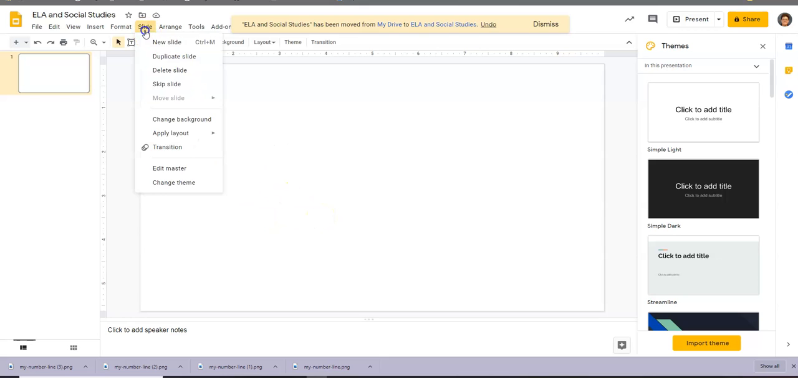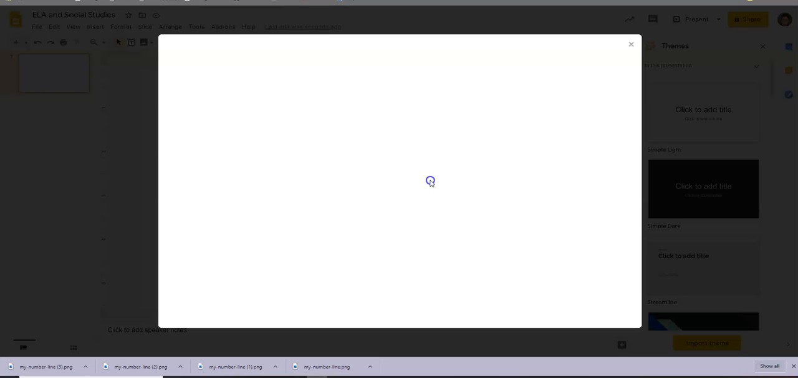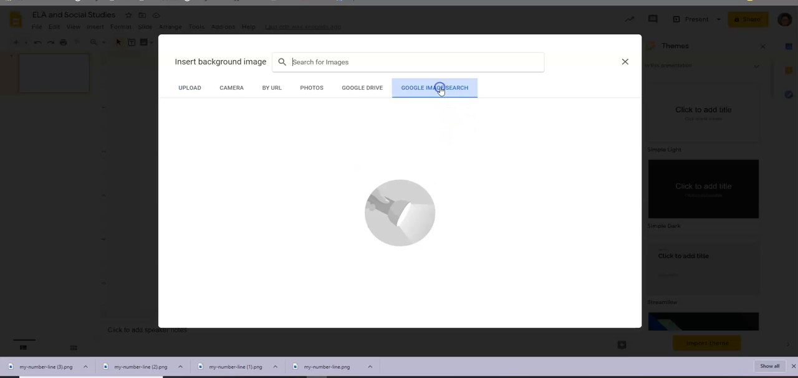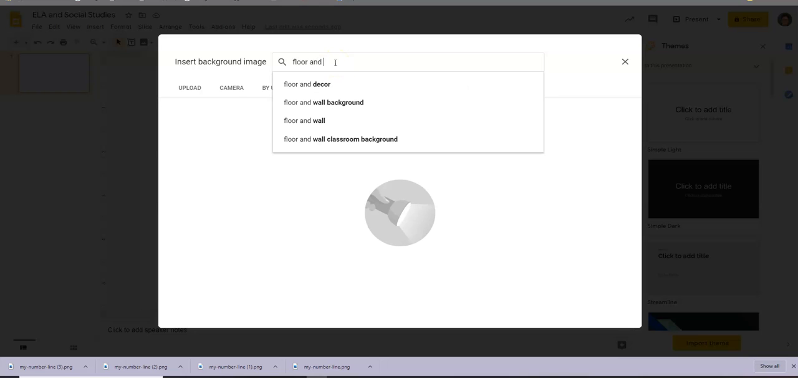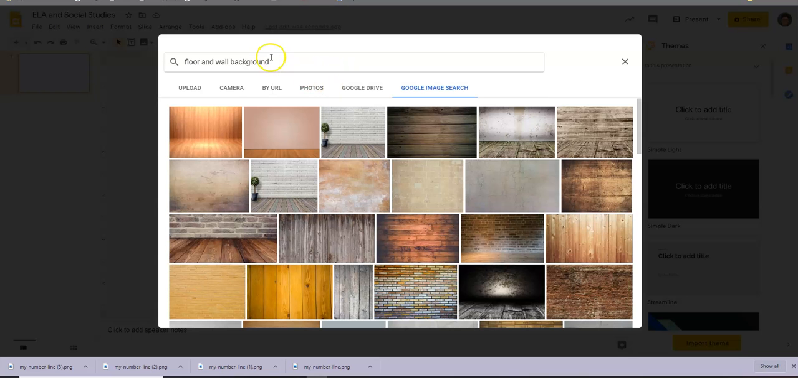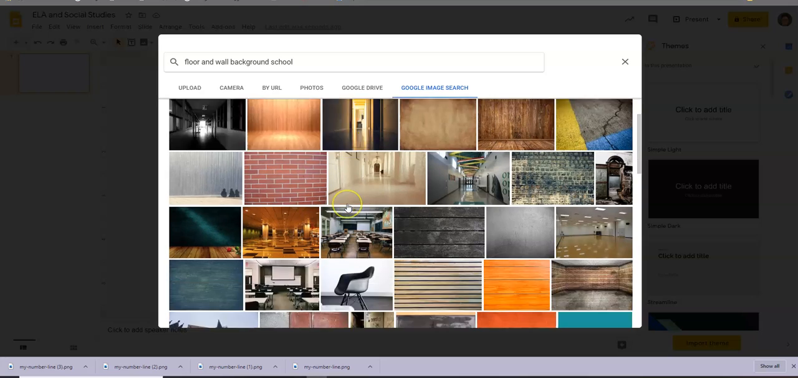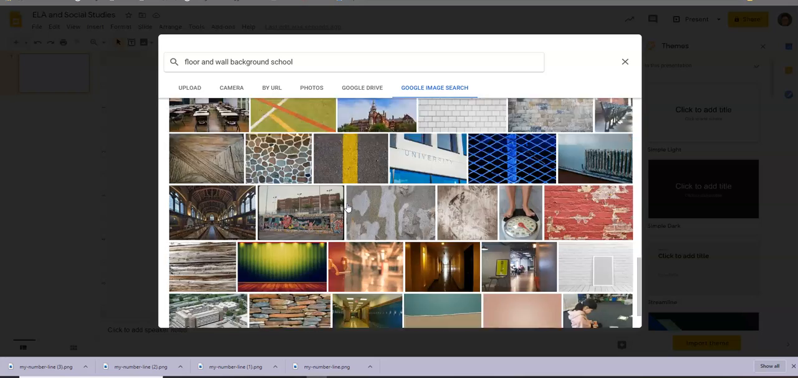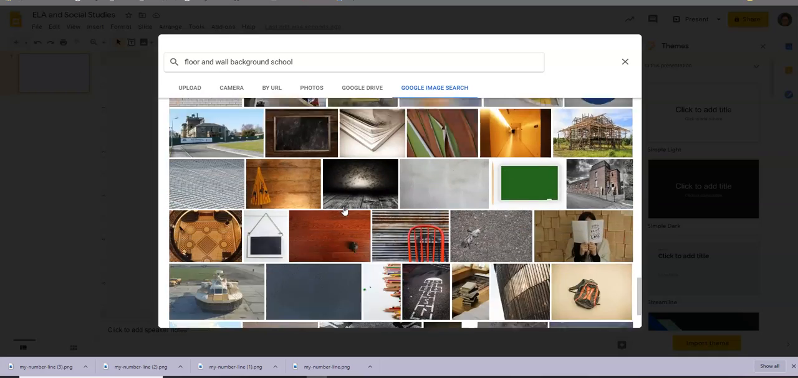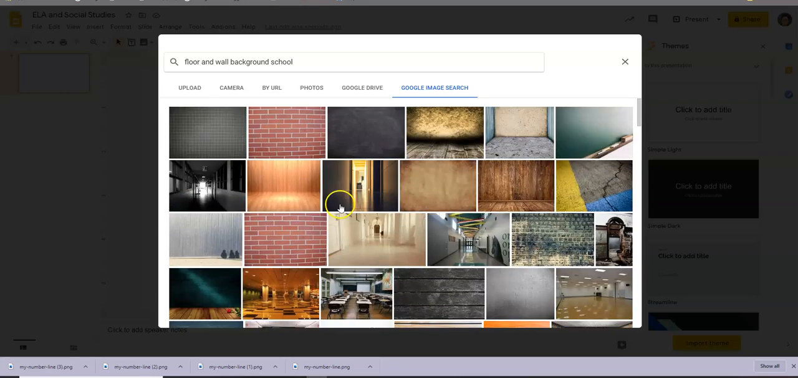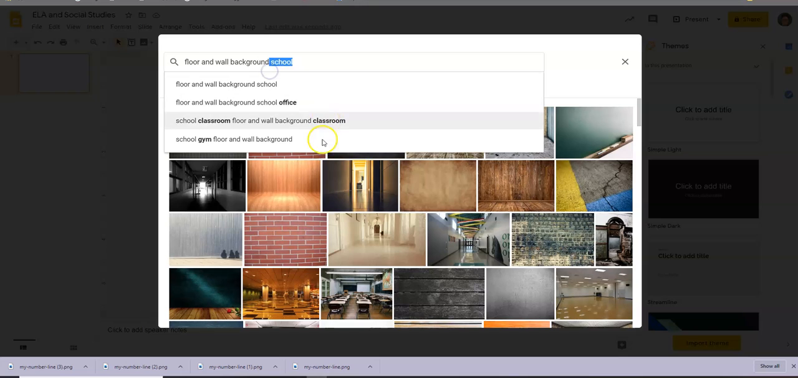All right, so first you go to Slide. Then you choose Change Background. Choose an image. Google Search. Search for floor and wall background, or actually let me go back here. You can do floor and wall background, let's choose one. I'm not sure I like that search, but let's see, I might modify my search. So for floor and wall background,